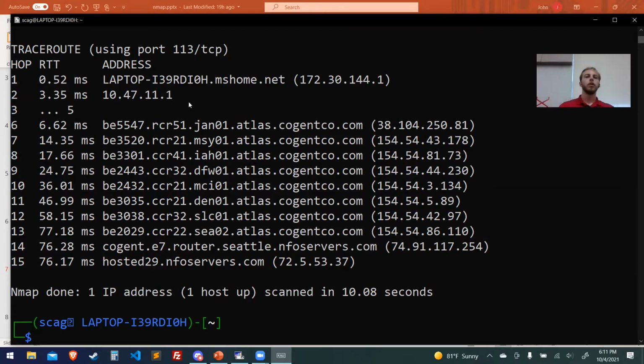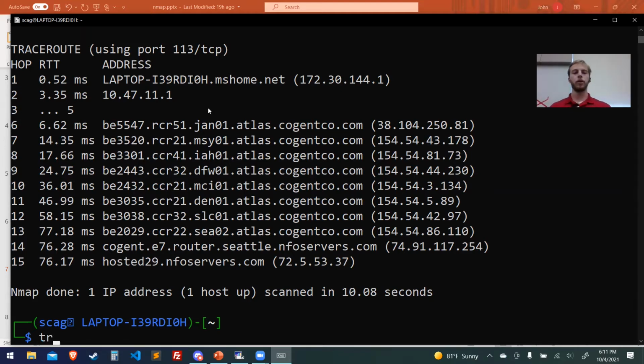So from here, mshome.net, to these cities, Seattle, it takes approximately 15 hops. From here to that router, to somewhere else, all the way, this bounces all the way across America to Seattle to my web host. And you can see how long it takes, the IP addresses of what I bounced to. Yeah, that's it, trace routing.